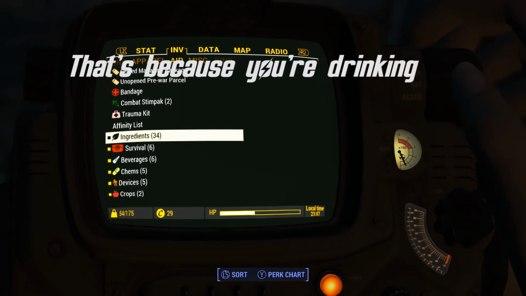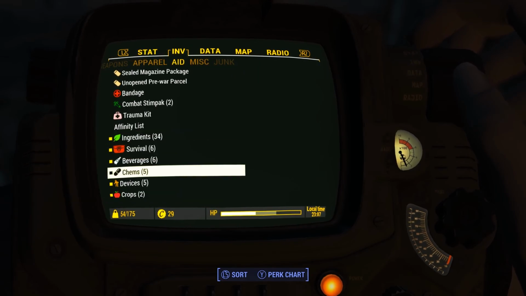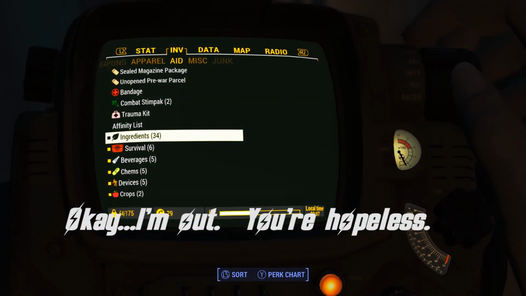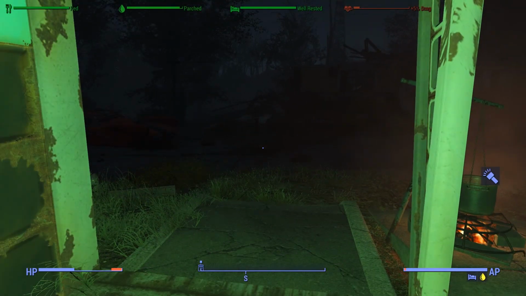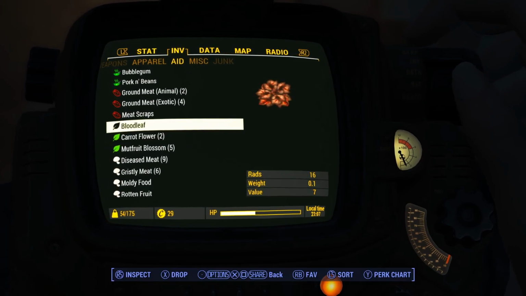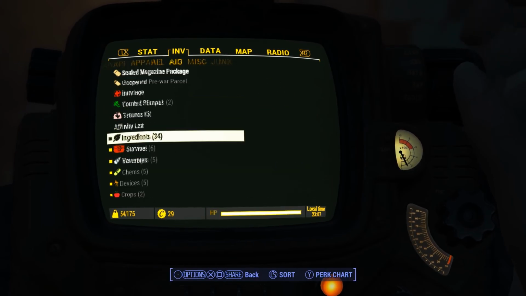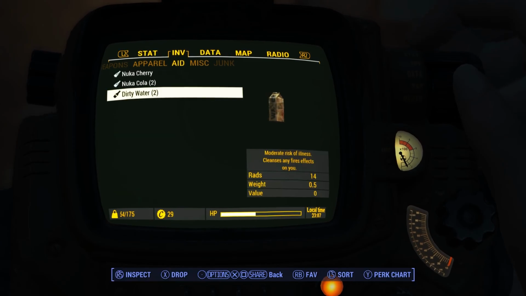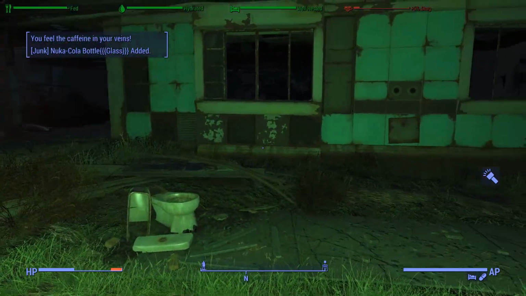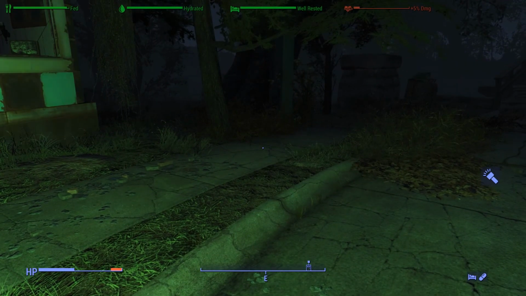We're still thirsty. Wow. Come on. Sanitized water, dude. It should be close to... Are you kidding me? Wait. How thirsty am I? That's thirsty? Well, I'm going to live. We'll drink a Nuka-Cola. There we go. We are feeling good for our first foray outside of Sanctuary into the...